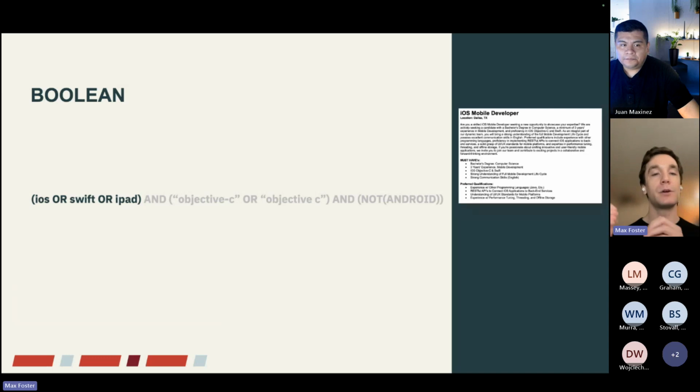So let's say now you also have to have space and space, new parentheses, quotation mark, because we're going to do Objective-C. Objective-C has a hyphen in there, so I'm going to put quotation marks exactly around it. So right in front of the O and right after the C there. By doing this, though, you can imagine with a hyphen in there, how many candidates have written it with a space, how many maybe have written it with a period in the middle, whatever.